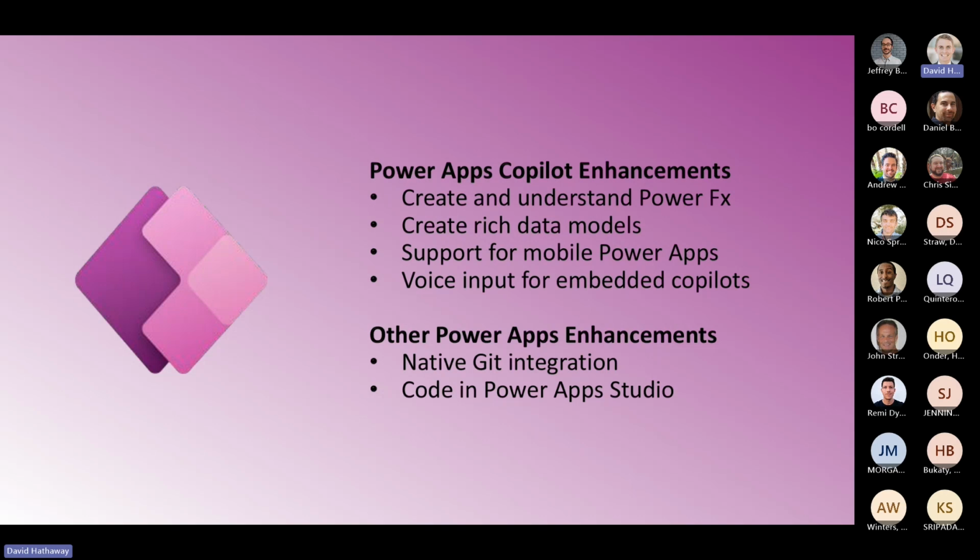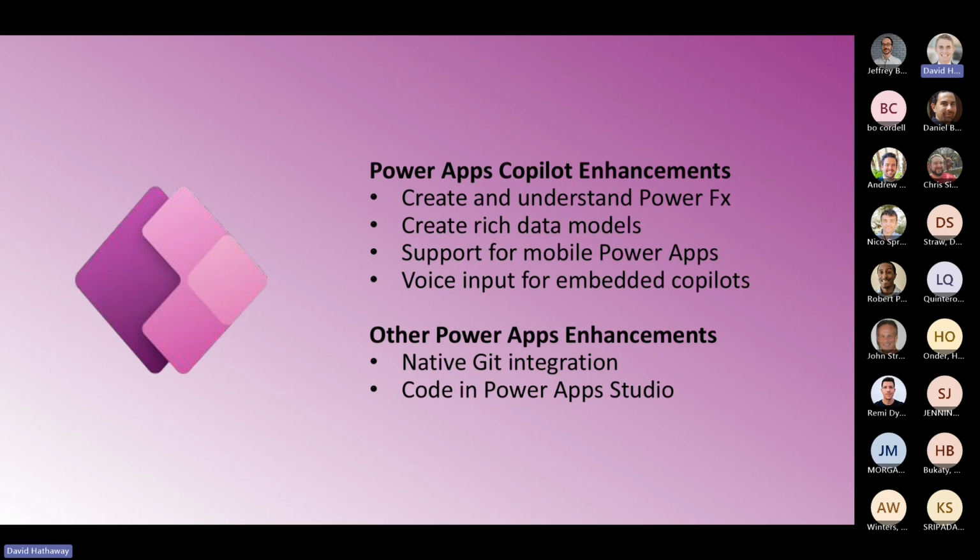So developers will be able to synchronize their Power Apps environments and Git repositories. By connecting the two, development teams will be able to track those changes that are happening in the Power Apps environment. They can see all that from the perspective of the Git repository and also the other way around. They're also going to be able to integrate development processes and best practices that they're familiar with from Git directly into their Power Apps environments. So the ALM process is going to be much more robust with this native Git integration.